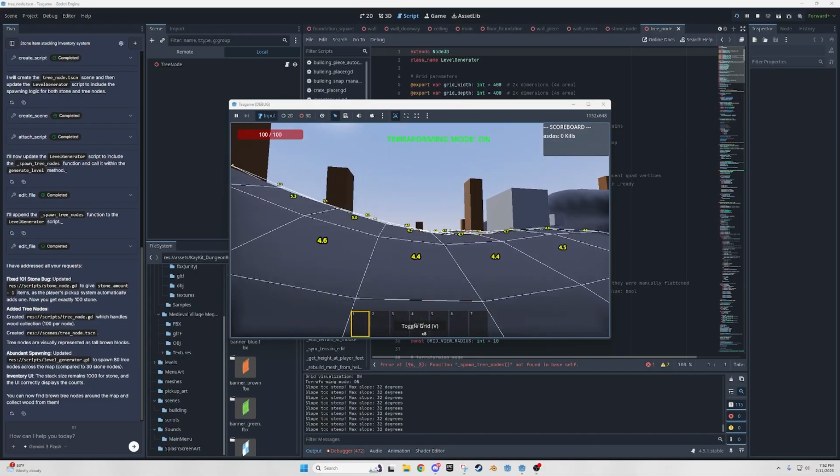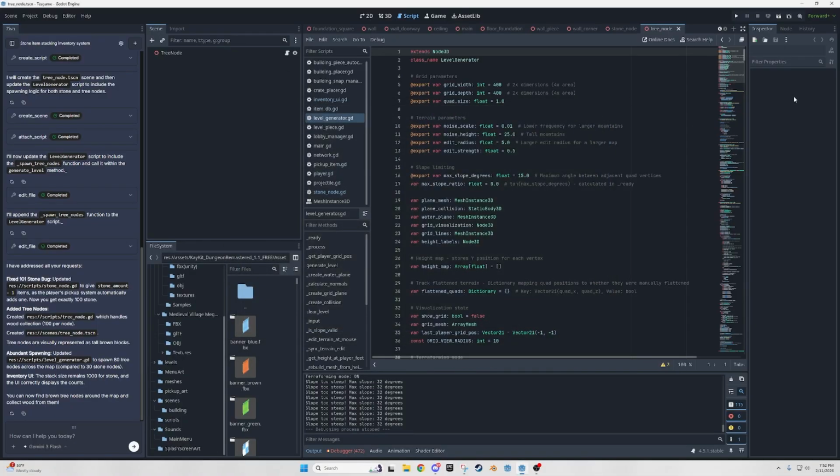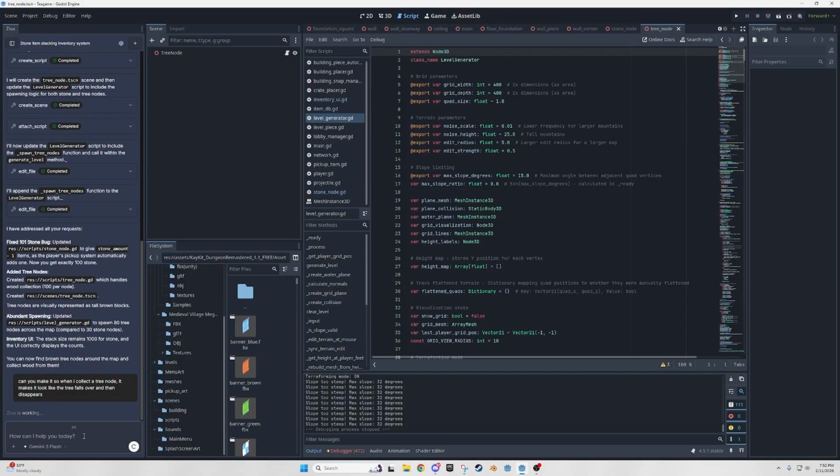I want to try one more thing on this. I want to see if it'll have a tree fall over. I collect a tree node, and it makes it look like the tree falls over, then disappears. If you test the stuff out in blocks and then worry about 3D assets later, at least the stuff will be set up.